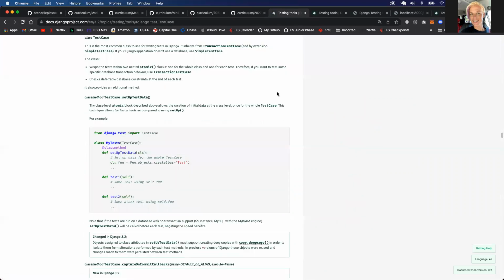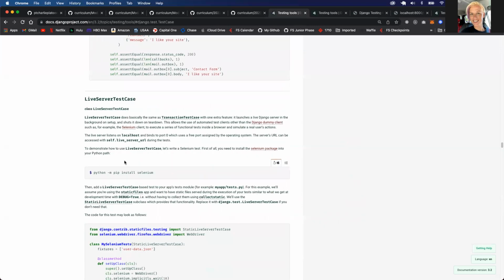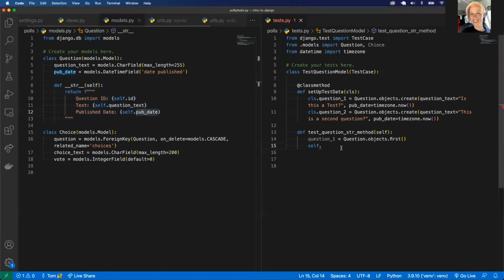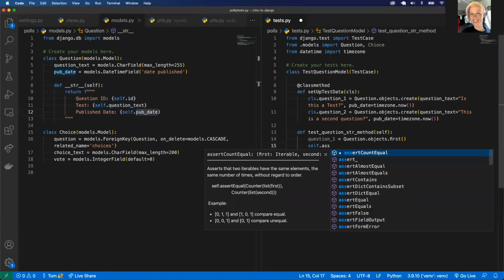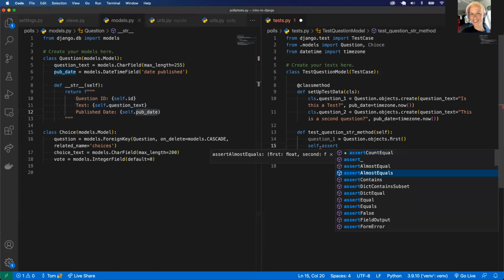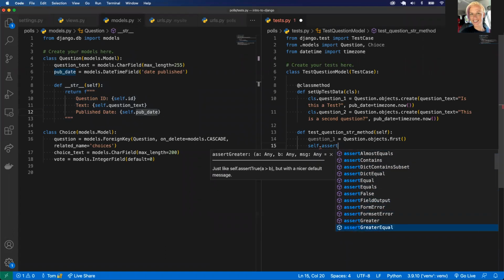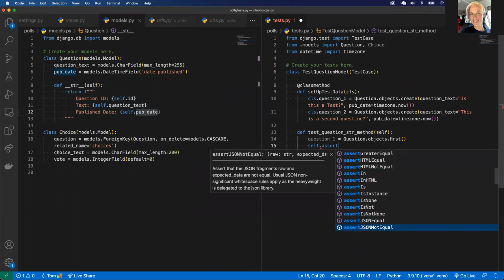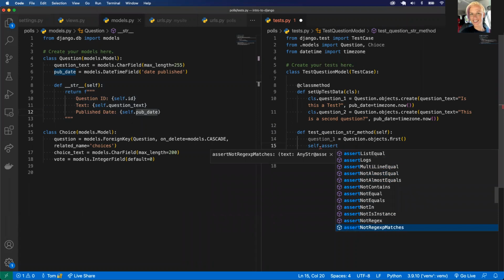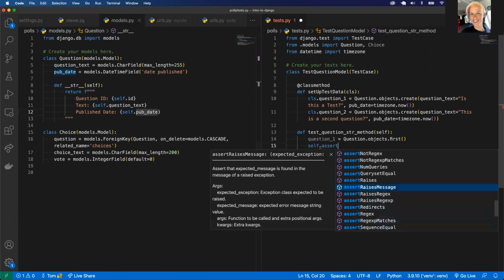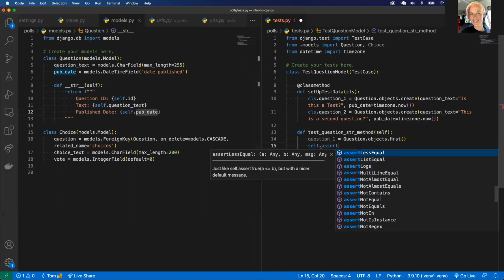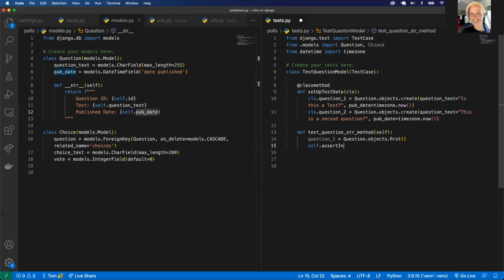All right. Simple test. Let me just see self.assert. So it looks like we actually have a bunch of them. Okay, it looks like assertIn. So what I'm going to check is whether question ID